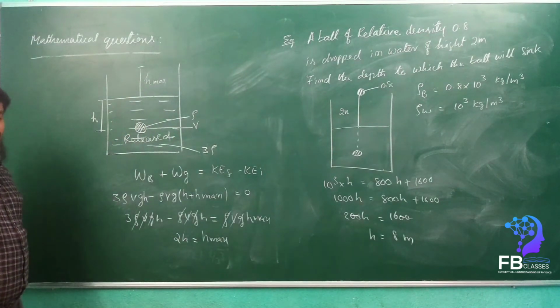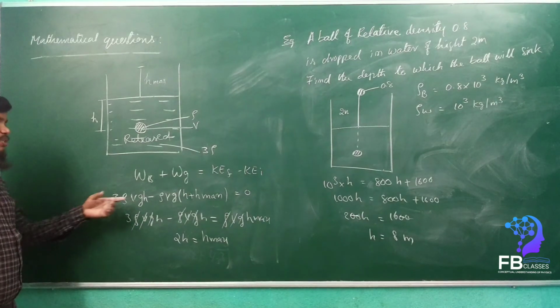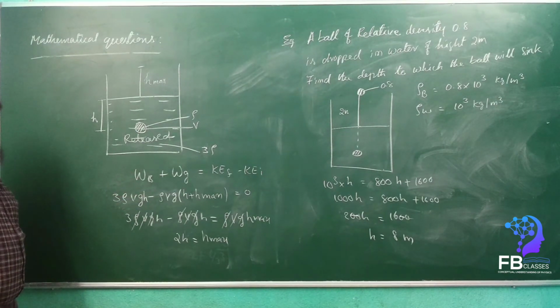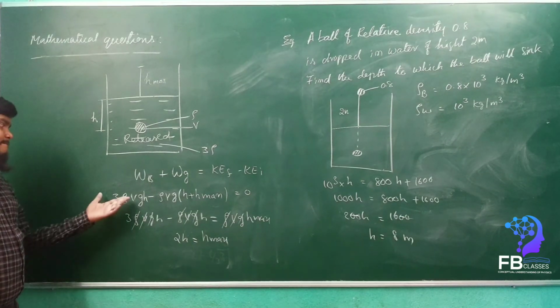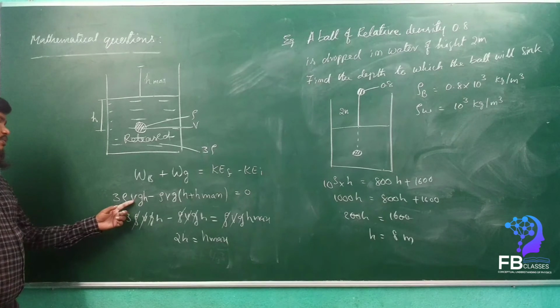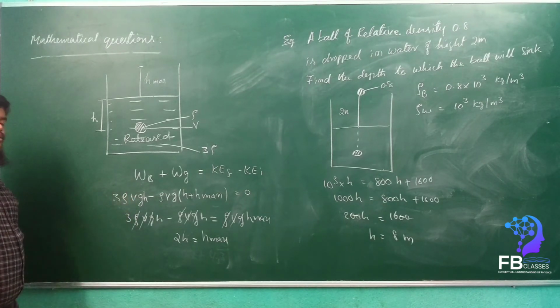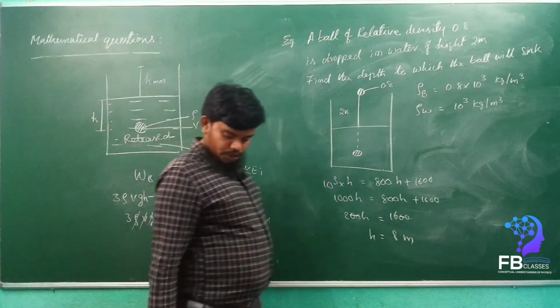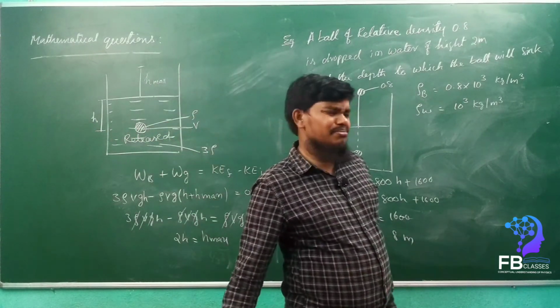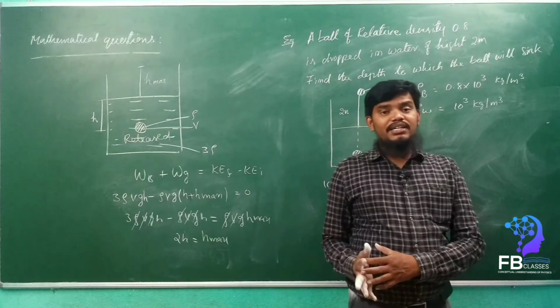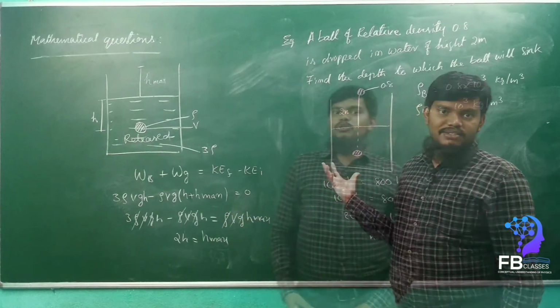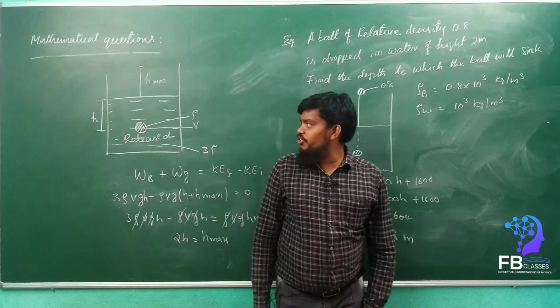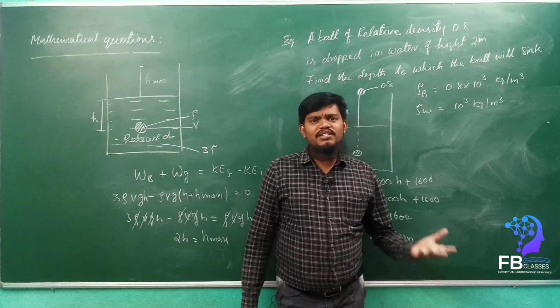Got it? So this is the way we can easily find it out. The same thing I applied there. Because g gets cancelled and V gets cancelled both ways, that's why I directly wrote the step. Hope that you understand very well about this type of question. If you want, I can frame many types of questions. Hope that you understand today's session well, both the logical questions as well as the mathematical questions of